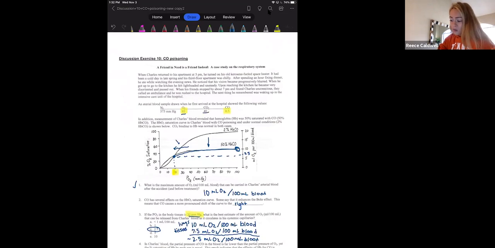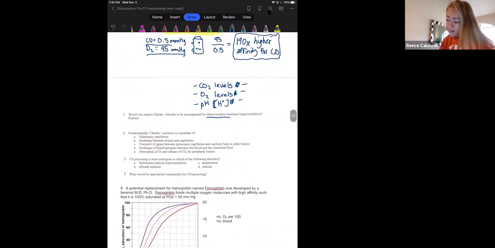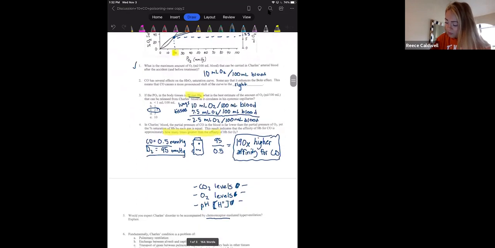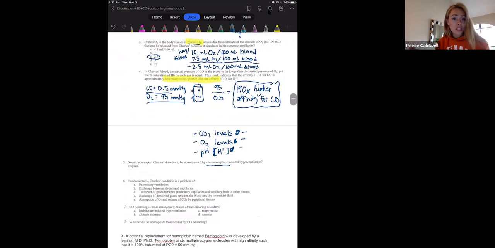Carbon dioxide is always about 40 to 46 millimeters of mercury in the blood. So our body's not detecting that anything is going on. So Charles' body is suffocating because he's not getting enough oxygen, but we do not start to hyperventilate because those chemoreceptors are not detecting that anything is going on. So the answer to this is no. No, he would not start to